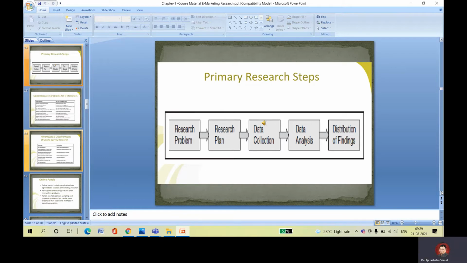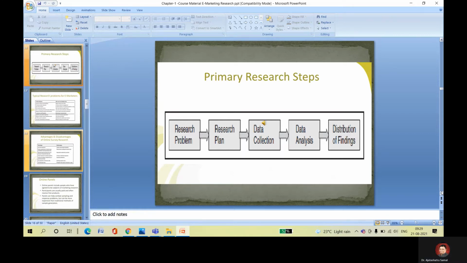Then after data collection, we go for data analysis so that we can get the interpretation. How do you do data analysis? There will be a data table, there will be graphs, then there will be an interpretation. Data analysis can be done through statistical analysis like correlation, regression,